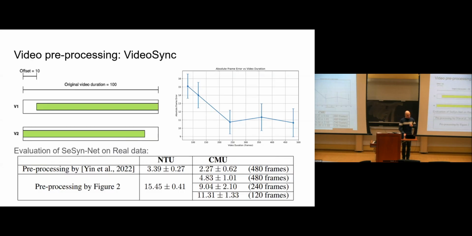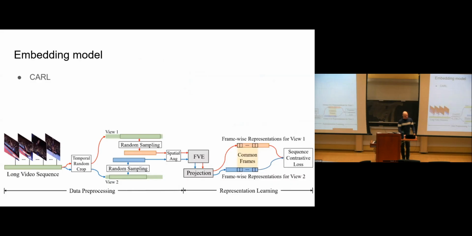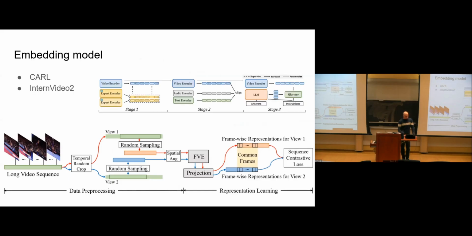So let's say that we understand now how we are supposed to do preprocessing for this task. Now we consider several options for the embedding model. There is an embedding model that is called CARL. Essentially, it's a self-supervised approach to solve a video alignment problem. There are also much more common models that are used in VLMs right now, such as InternVideo and